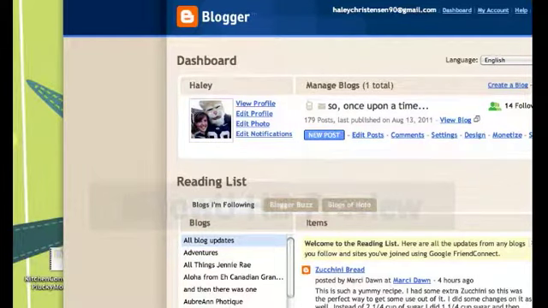Okay, so we're going to go over just a few ways to keep your blog safe and private, and make sure that there's not people stealing your information or learning more about your family than you would like them to know. So a couple of ways to keep your blog pretty private is, first of all, once you log into